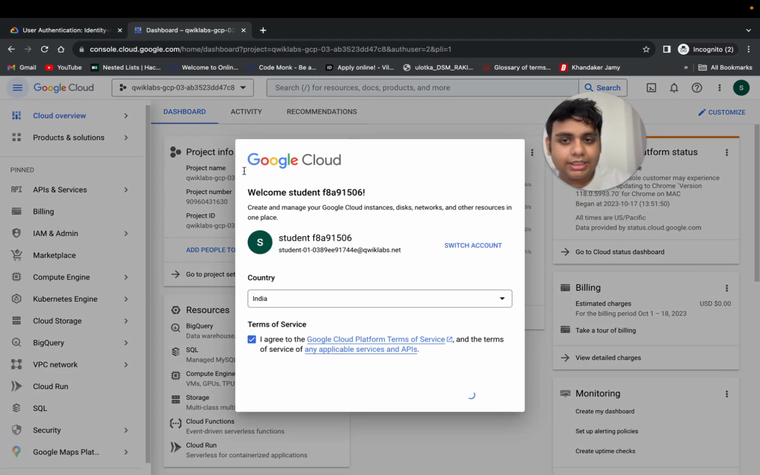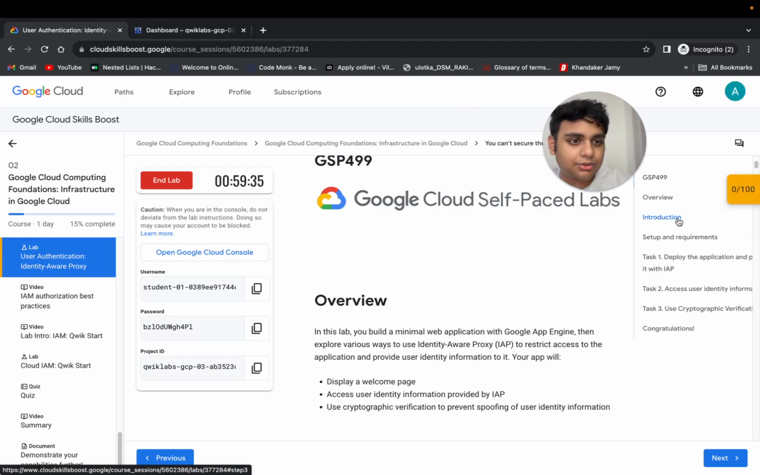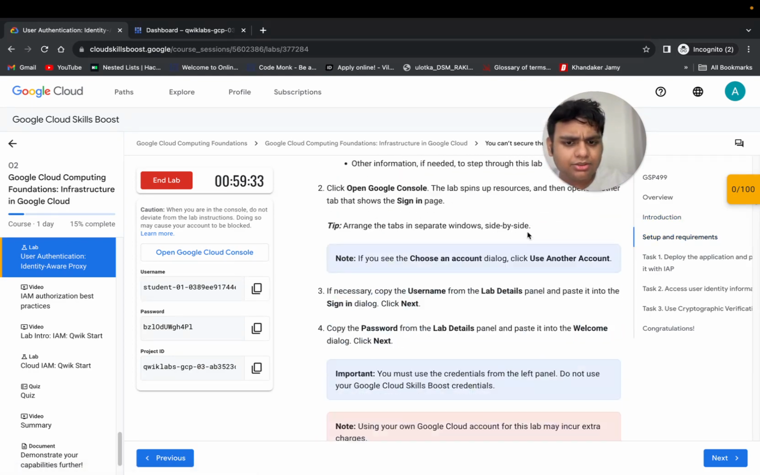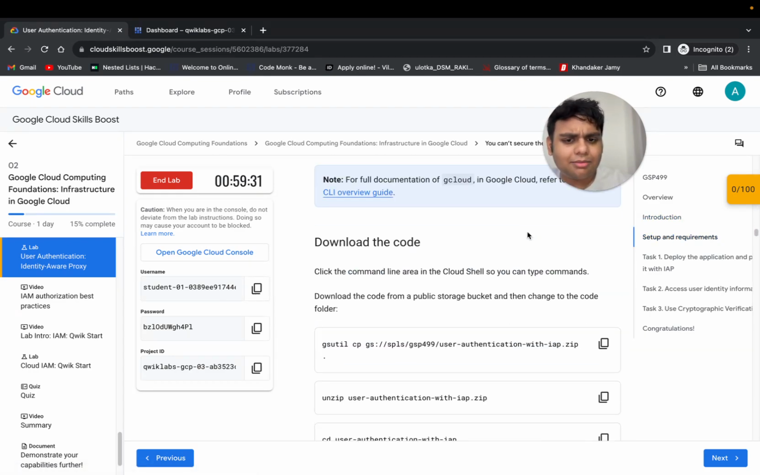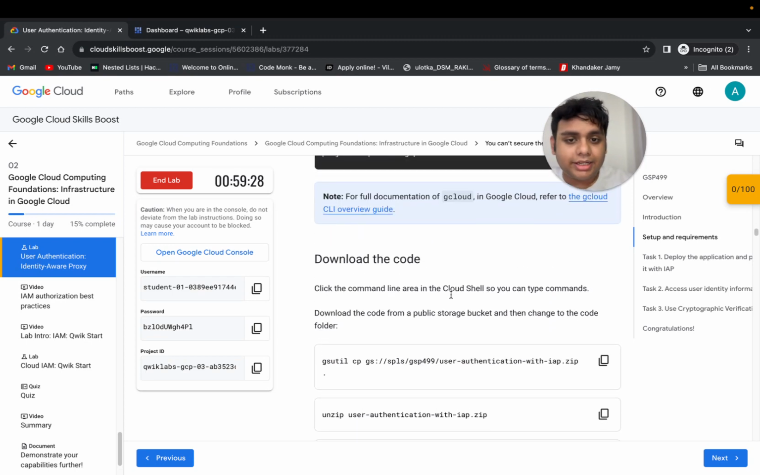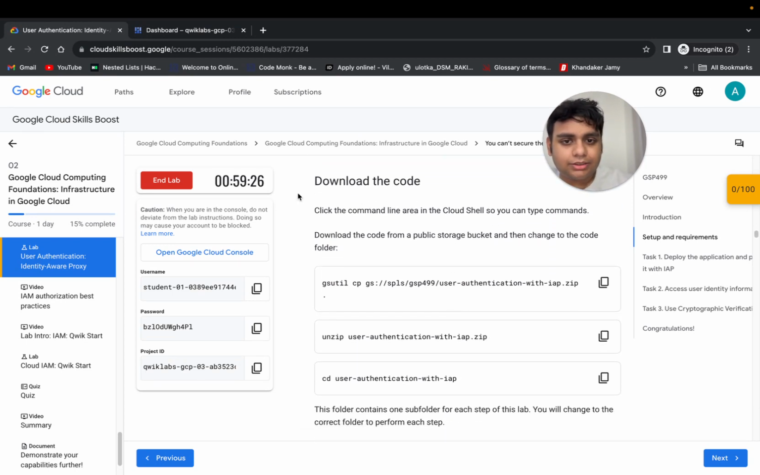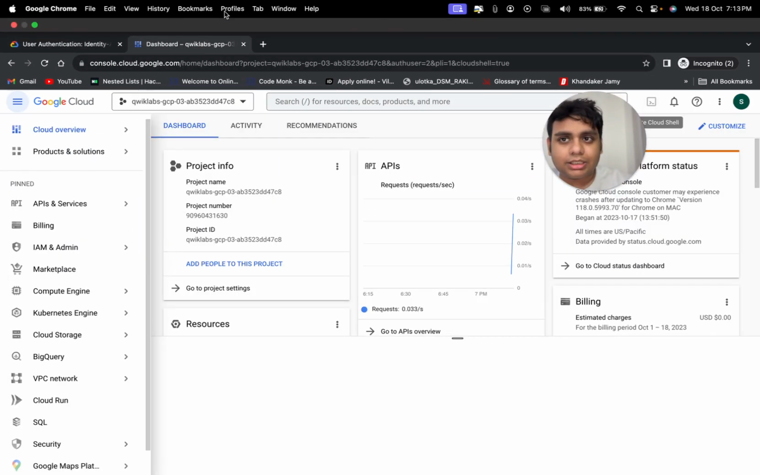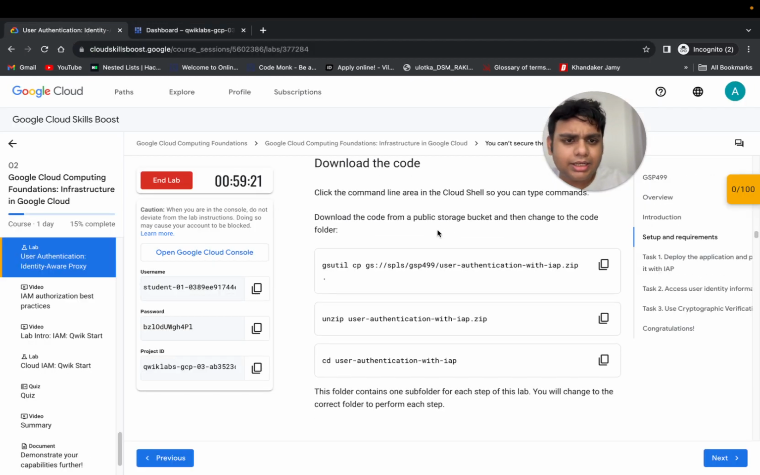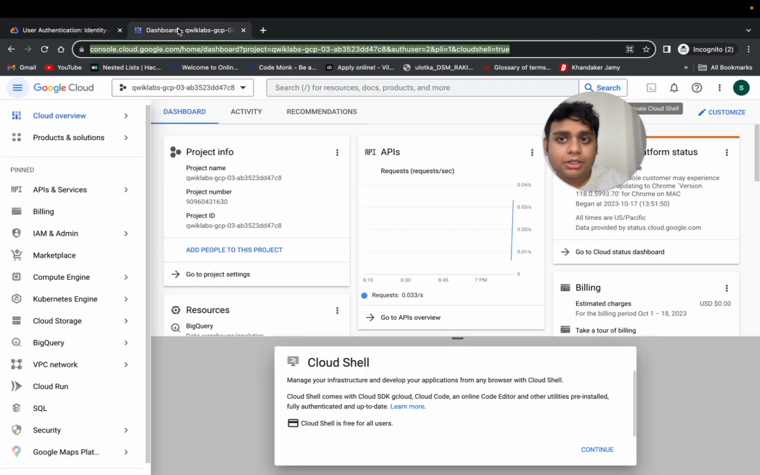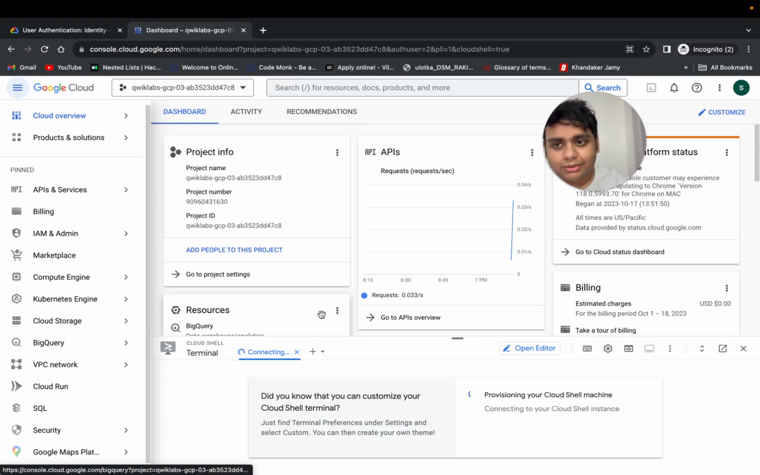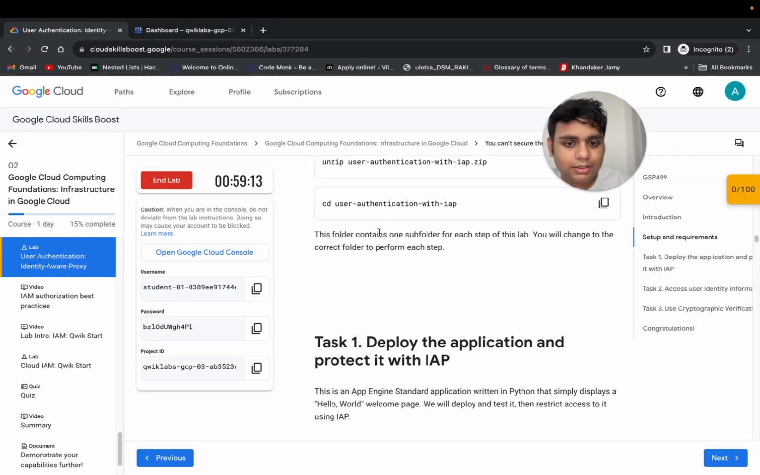We'll click I agree and continue, and then we'll come back to the setup and requirements, check if this lab has, okay, it does have extra setup and requirements required. So we'll just come back here, we'll click activate cloud shell, and we'll just wait for it to provision a cloud shell machine for us, and then we'll run these commands. So just a few more seconds, and alright,